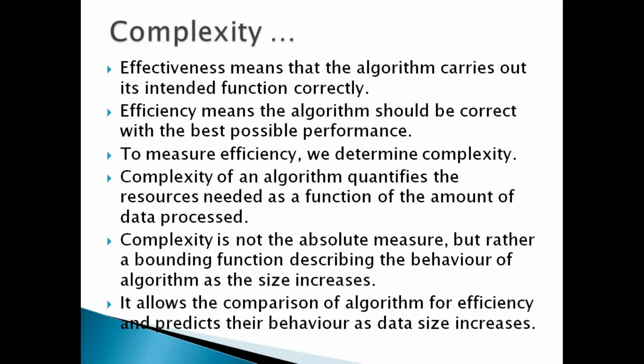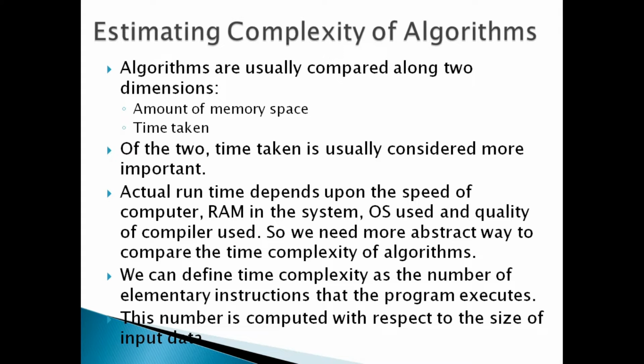When there are only 2 or 3 elements in a list, both of them will work similarly. But when the size of the data increases up to 1 lakh, then we will get the actual comparison between linear search and binary search. So the complexity will define the difference of working among the algorithms that are available to solve a particular problem. So how to estimate the complexity of an algorithm?